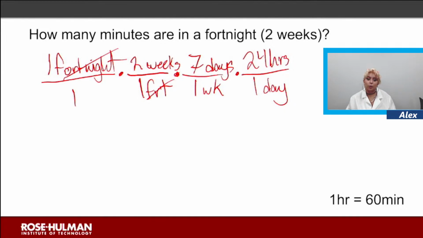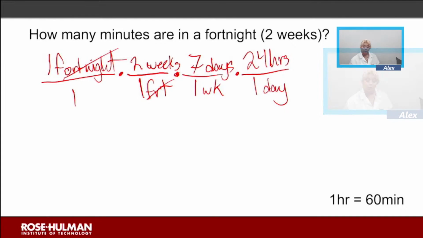And if you're not sure how I'm deciding which units I'm going to use, basically you just have to do a sanity check in your head and say, where am I starting and where am I getting to? Well, if you're starting at a fortnight, which is 2 weeks, and you're getting down to minutes, you know that you are going to get smaller and smaller and smaller. And since I don't know in my head how many minutes are in 2 weeks, you just have to go down smaller and smaller using the conversions that you do know to get down to that